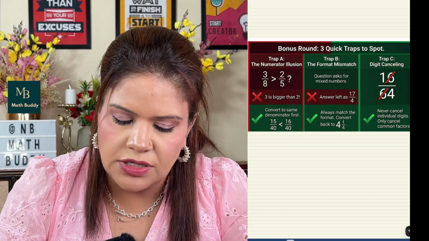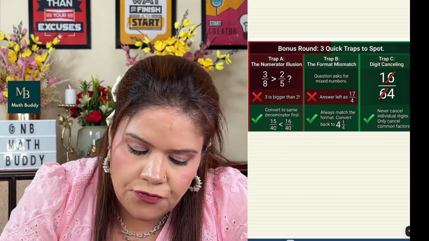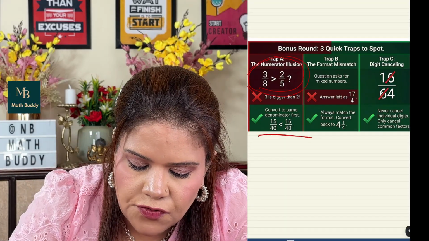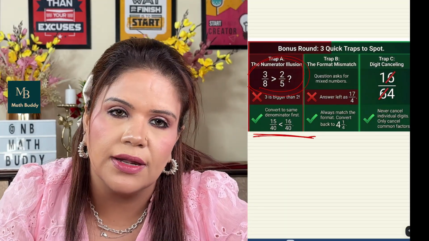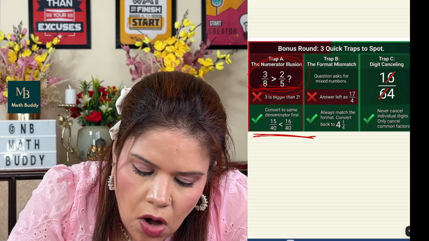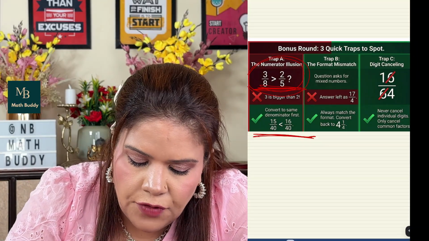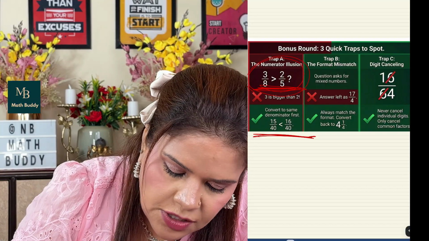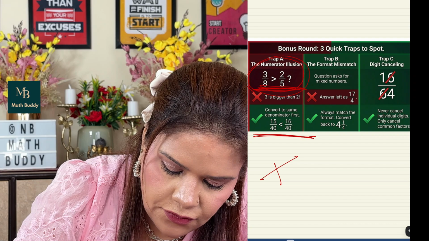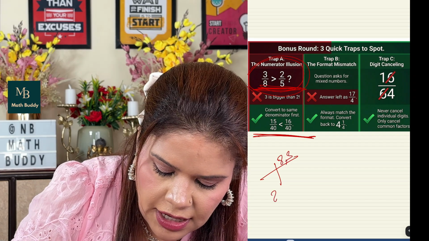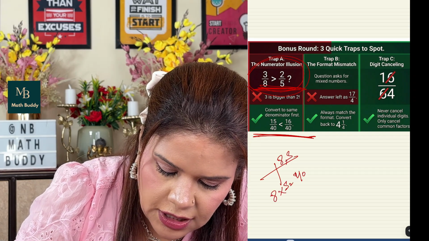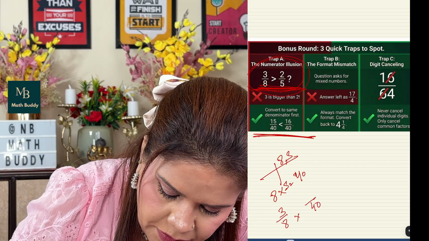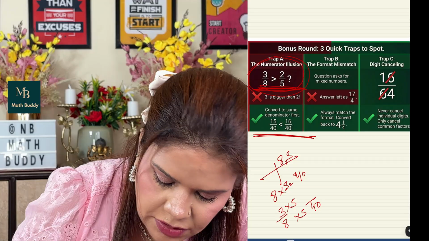Now these are the bonus mistakes which I am telling you. When you have to find the greater of the two, then also you first have to find the LCM, and only then can you compare. You need to have a common base to compare. Suppose 8 and 5 give me 8 into 5, so the LCM is 40. So 3 by 8, if I have to change this to 40, I will multiply this by 5, and this I will multiply by 5.